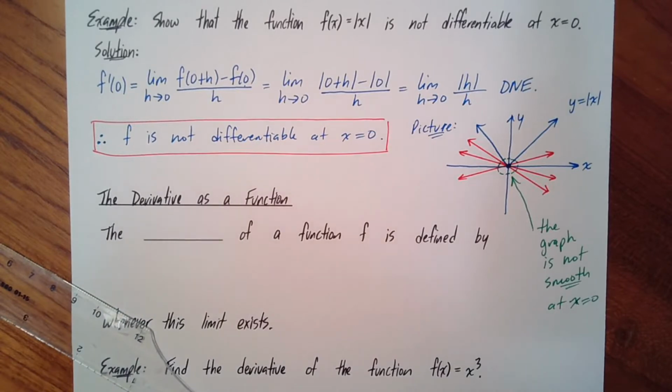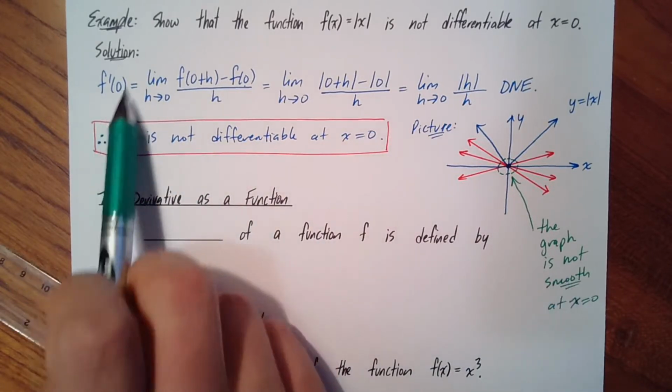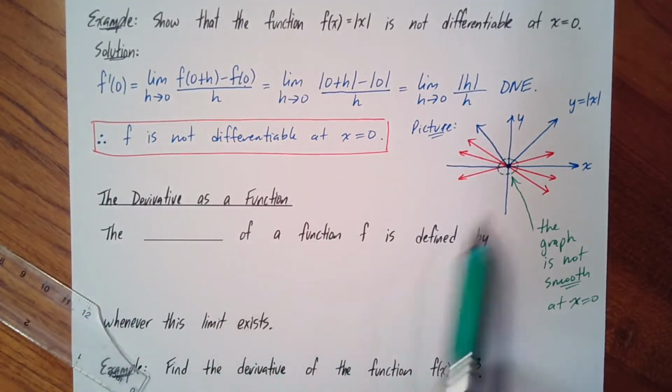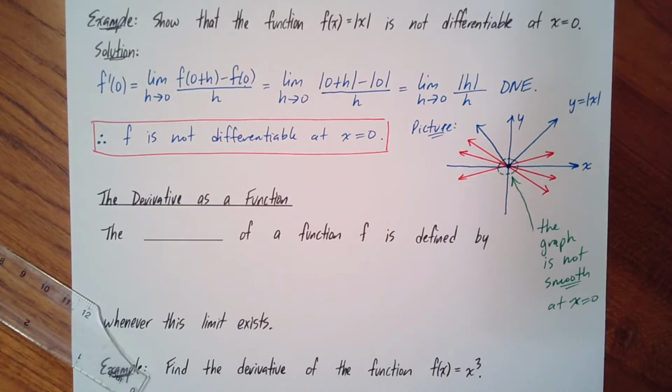Okay, so this is geometrically what it means when that limit doesn't exist. When this limit f prime at a certain point doesn't exist, but the function is continuous, it usually means there's a sharp bend or a kink at that point. Okay,